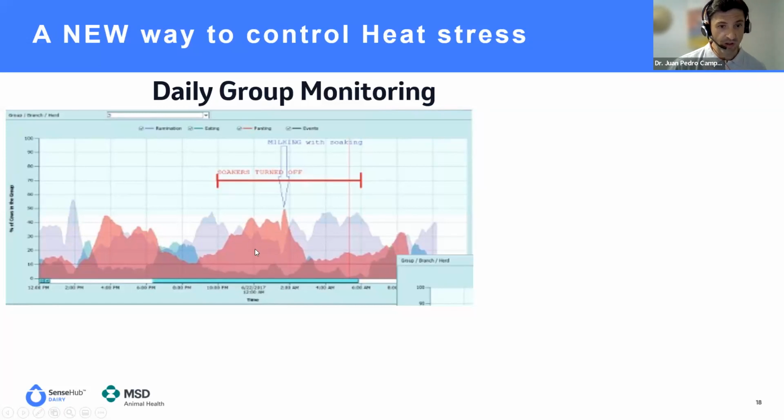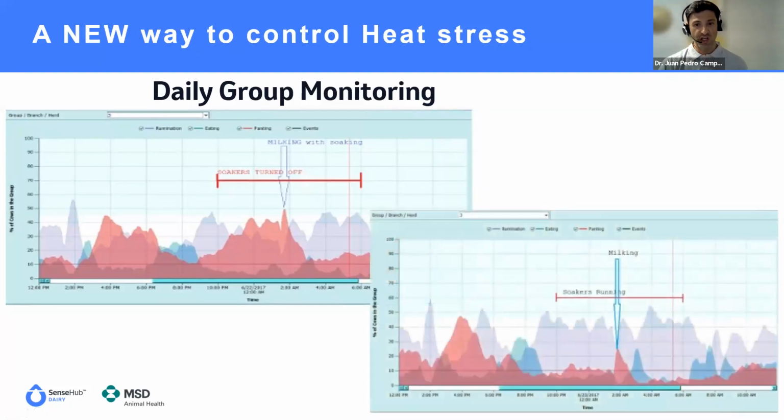And what is more important, if they are panting, they are not ruminating. They are not feeling well. So what this farmer did was change the process and allow the sprinklers to keep running during the night. And look what happened the day after. While I was having 40% or almost 50% of the cows suffering from heat stress, the day after, by leaving the sprinklers running, I was at almost